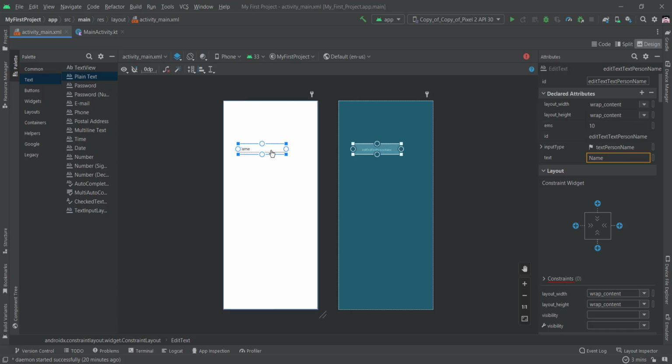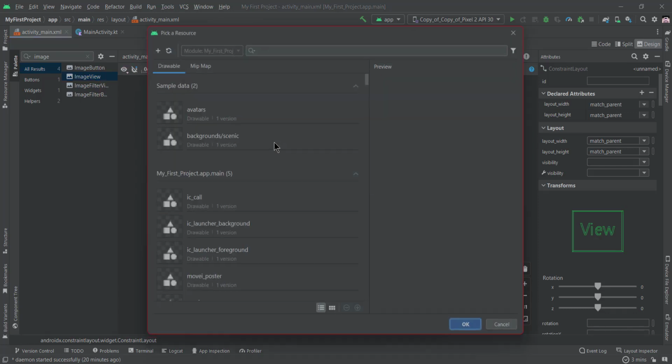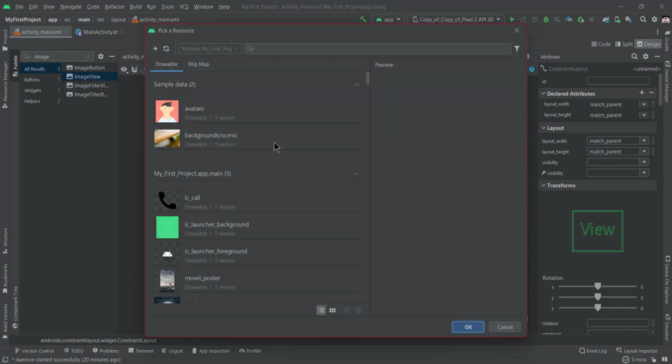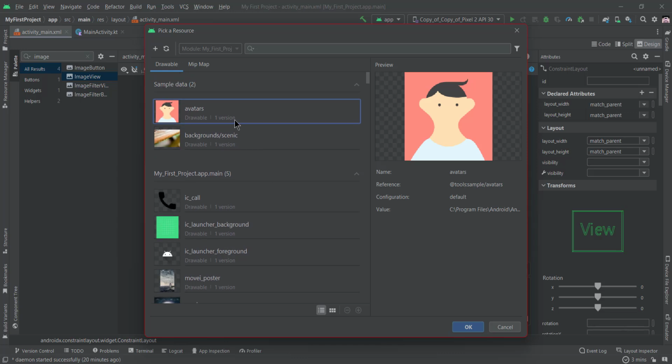Now the first thing is the image view. If you don't find your desired view, just go here and type your view. So I'm going to take an image view, drag it and drop it here. And whenever you drag your image view, you have to at least choose a source for that image view. We have a couple of sources here related to our project. So I'm just going to choose the sample data here,